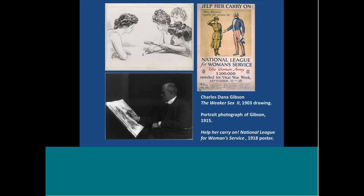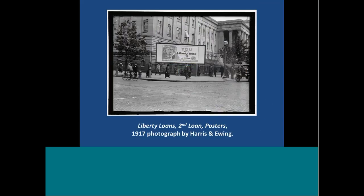By January of 1918, Gibson reported that the artists were meeting every Friday at their New York headquarters on Fifth Avenue to review projects submitted by different government departments. Afterwards, Gibson said they adjourned to Keene's Chop House for dinner. The ranks swelled to 300 volunteer artists who produced more than 1,400 designs, including some 700 posters that were spread